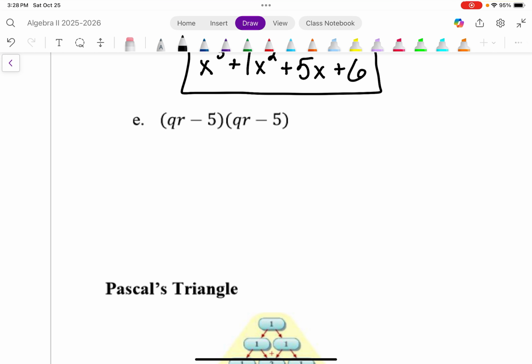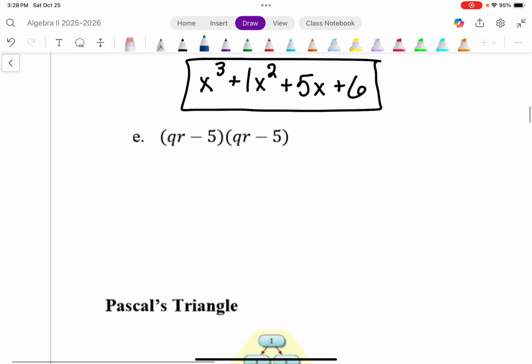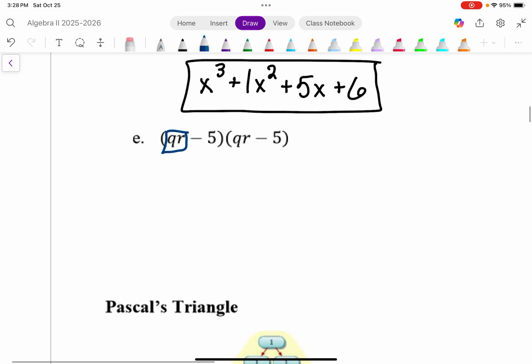Okay, the example below this, example E, one thing that I wanted to talk about, this is very similar to the last one. There's no sign in between the parentheses, so we're multiplying and FOILing. So what we are going to do is take this QR and multiply it by QR in the other one. One thing that is a common mistake with this is that people would write down QR squared, but that is not what we are going to write down. What it should be, because we have to multiply each like